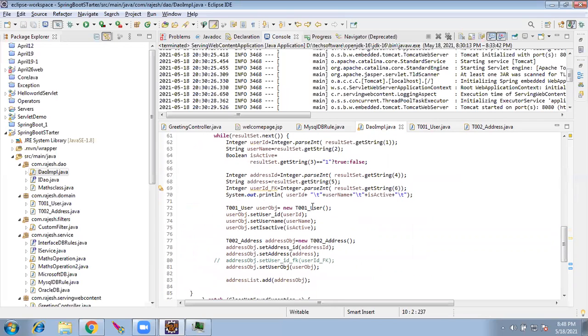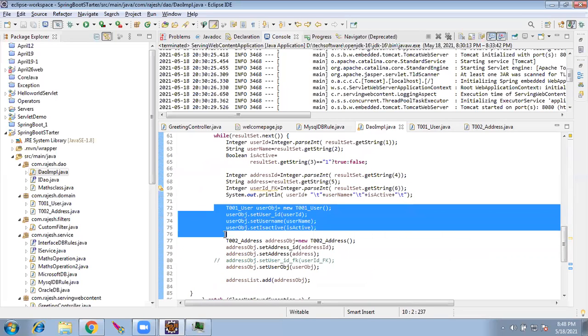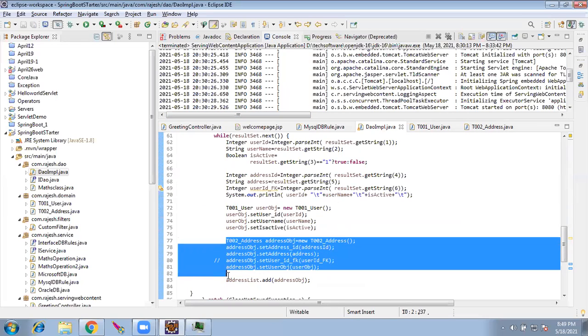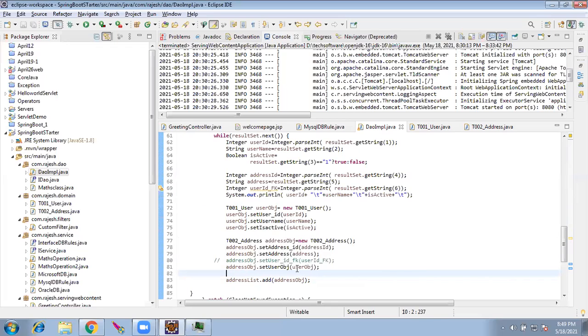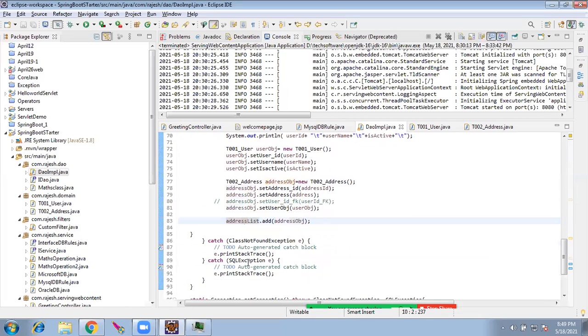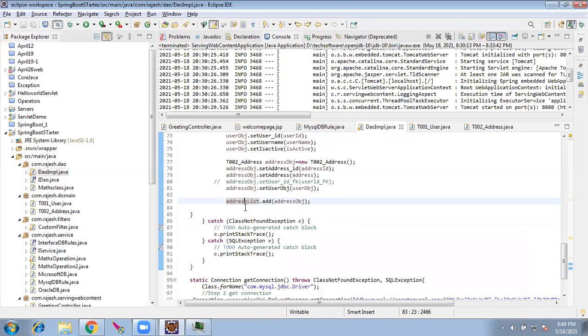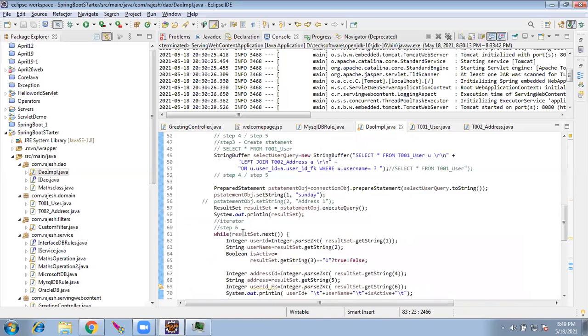So inside the loop, I formed the user object first, which is in the iteration. After forming the user object, I form the address object. I set the user object inside the address object. I am adding the address object to a list, and I will be returning this list.